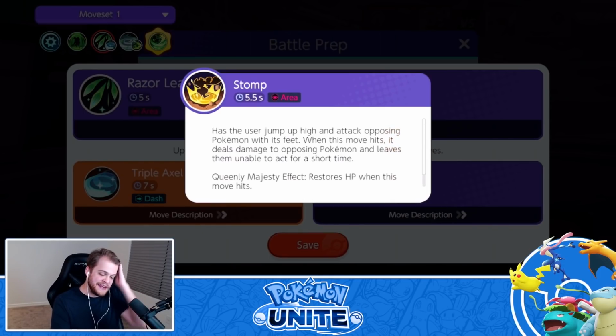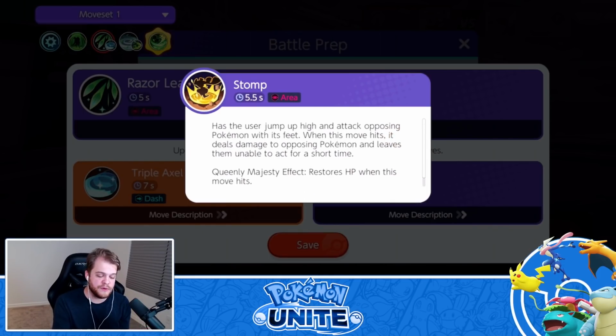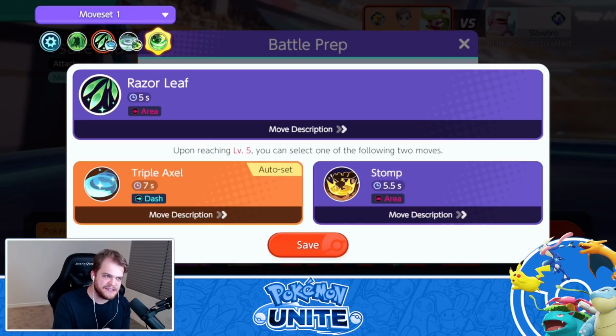Anyway, moving on to the next ability, it's Stomp. A bit lower cooldown, which you'll notice here. I don't think that is something that you should consider when you're considering the moves here, because of the fact that you're able to reset your moves so easily. I think cooldown for Tsareena is pretty...